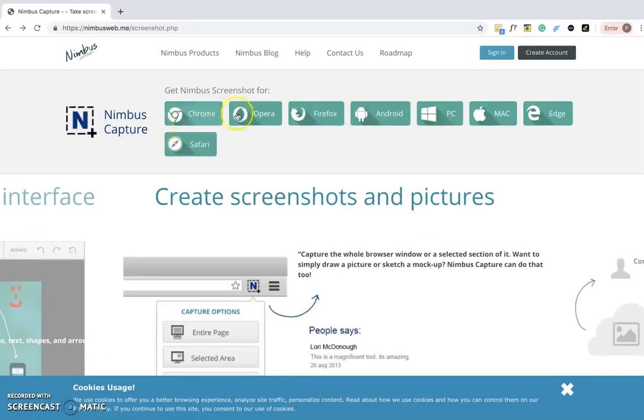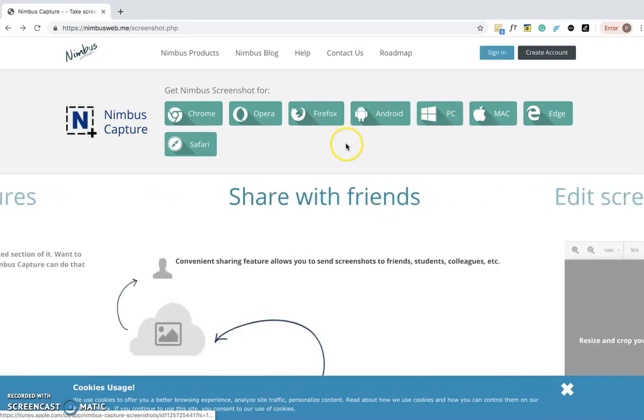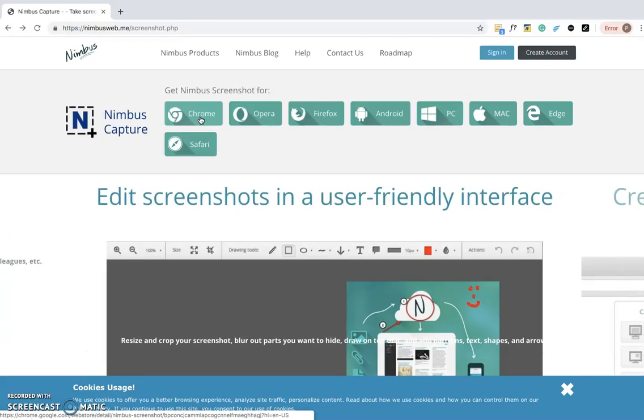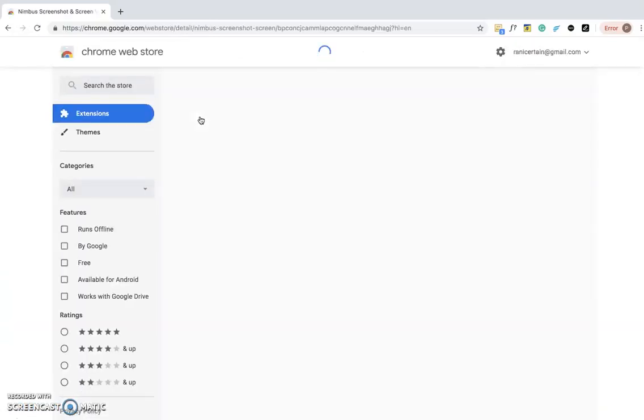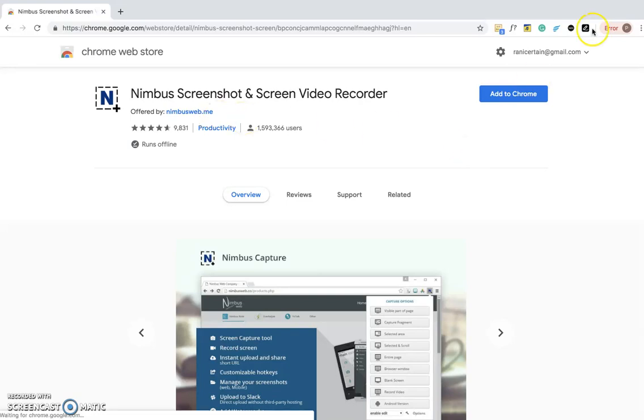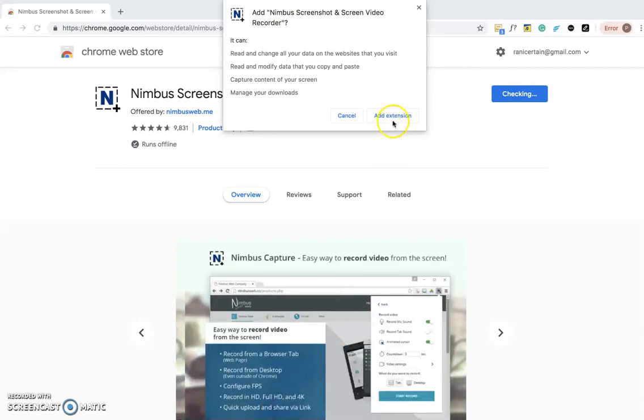It can be installed for all of the recent browsers. It can also be installed on your PC or Mac. To add it to Chrome, let's say we use mostly Chrome, so let's add it to Chrome. The extension, once it is installed, will be available as an icon on your browser bar. Let's add it,